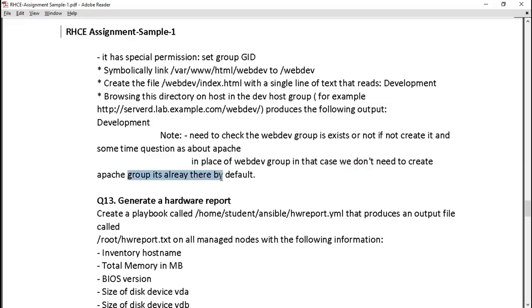It's already there by default, right? So if we have Apache group, then we do not need to create that because Apache is already there. If web dev is there in your question and it does not exist, then you need to create that. Simple. Apache comes with HTTP package. So we do not need to create that one, but web dev, you need to create it.